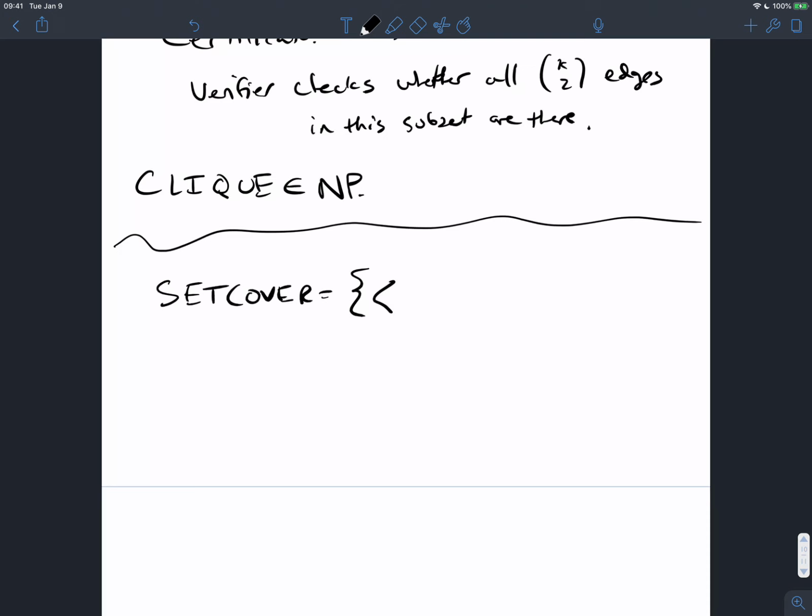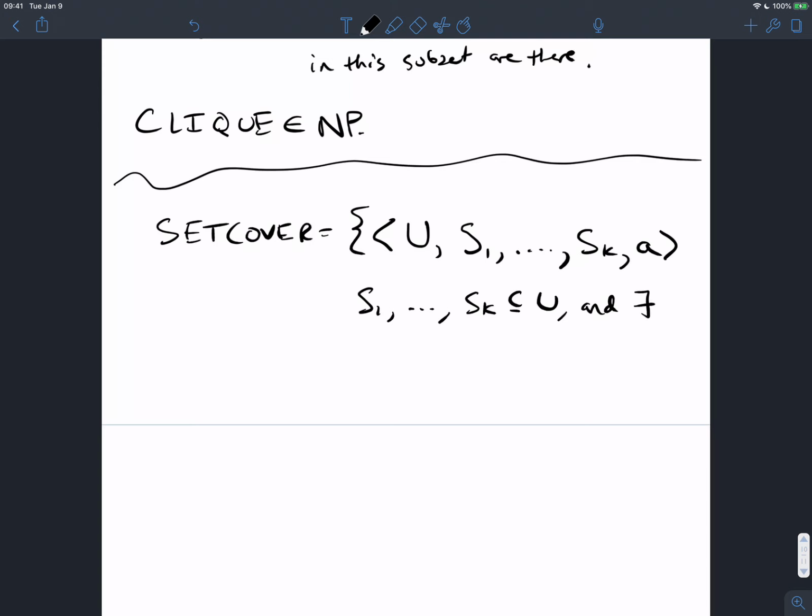Here, I'm going to give you a universe, called U, which is just a giant set of elements. And I'm going to be given a bunch of subsets of U. But I'm also going to be given something else, an integer, let's call it A. And what we want to know is: does there exist a subset of size A